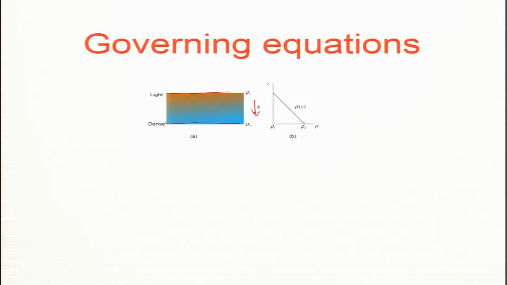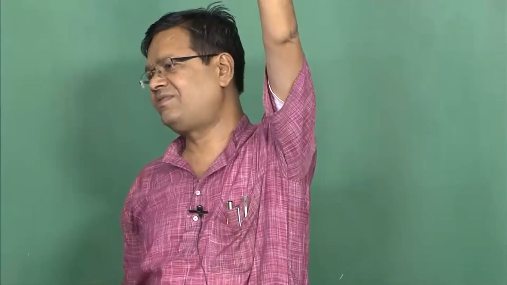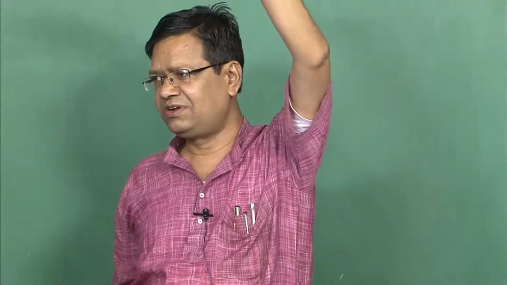So, we assume that the mean density is decreasing linearly with height, you see it is a linear profile. There is rho bottom at the bottom level and rho top at the top level, but it is a linear decrease. It is true only for small patches of fluid, it is not true for the full 10 kilometers of Earth's atmosphere. You take a small patch, you can apply this theory.